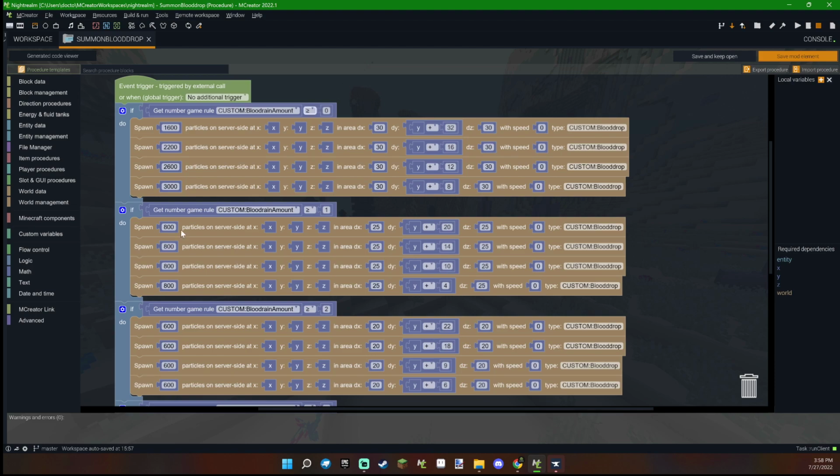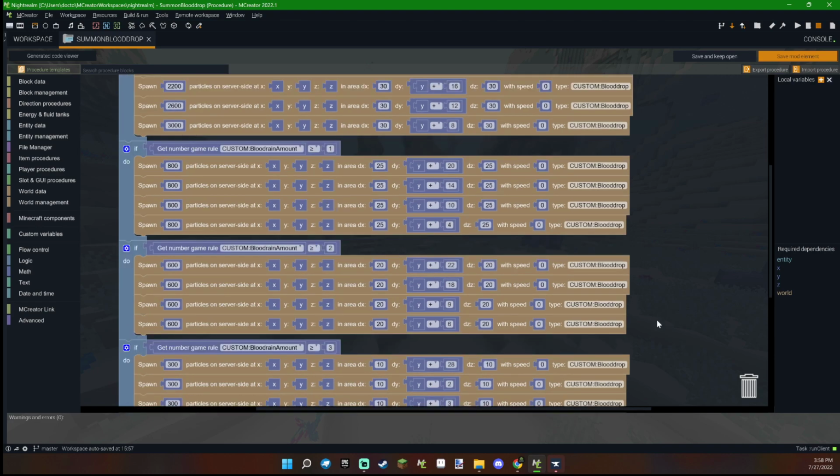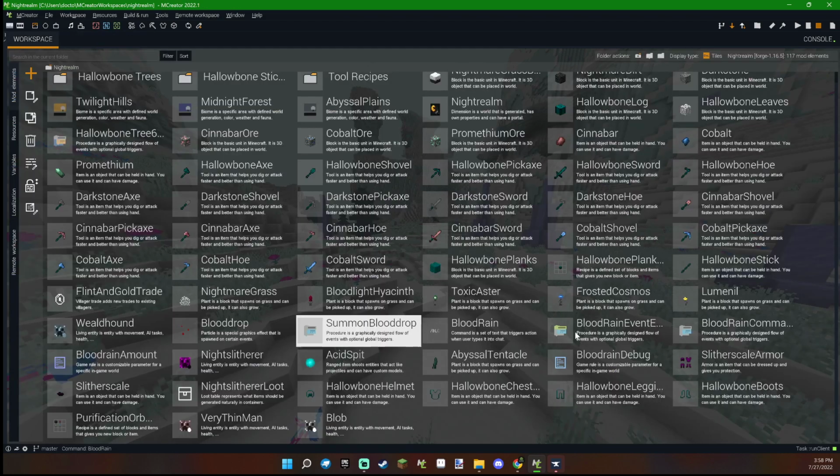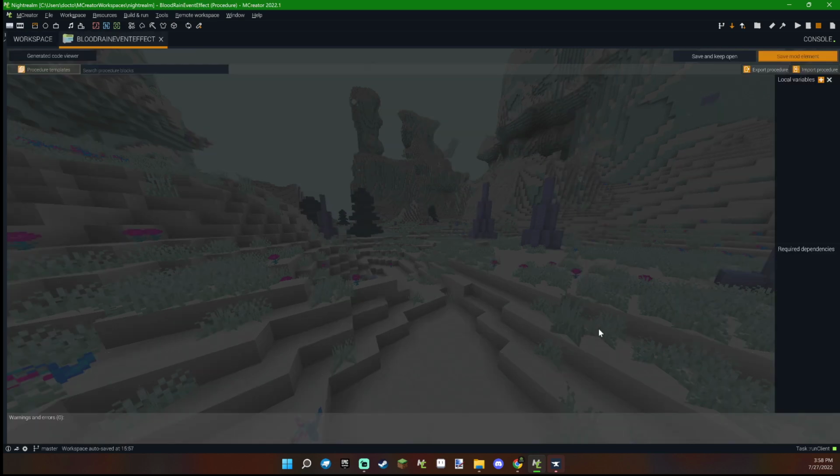At the regular one, then it summons in 2,400 more particles. Wait, no, sorry. 3,200 particles, then 2,400 particles, and then 1,200 particles, depending on the level. And there is 0, 1, 2, and 3. So there's that. And then that procedure runs every time the blood rain event effect procedure is called, once it